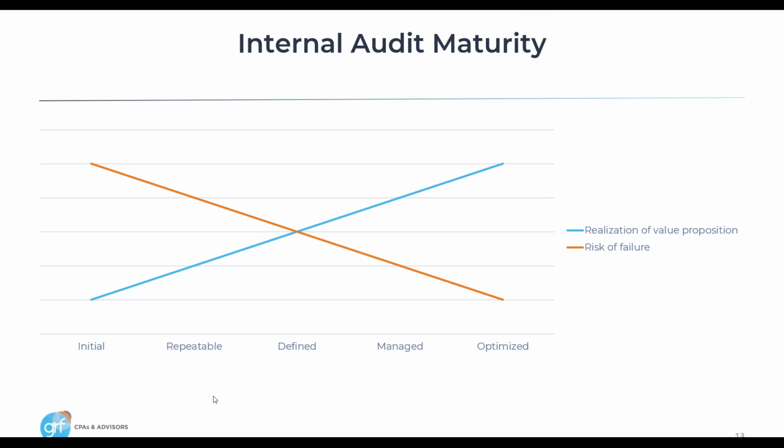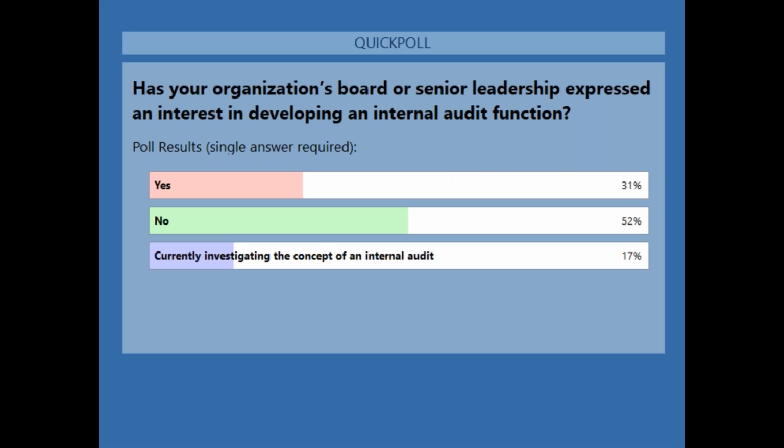Okay, so sorry, can we go back to those results real quick? Okay, so I'm surprised about the 52%, but I think the 31% is probably about what I would expect. But I'm glad to see that most of you, or there are some that are actually looking into the concept. All right,